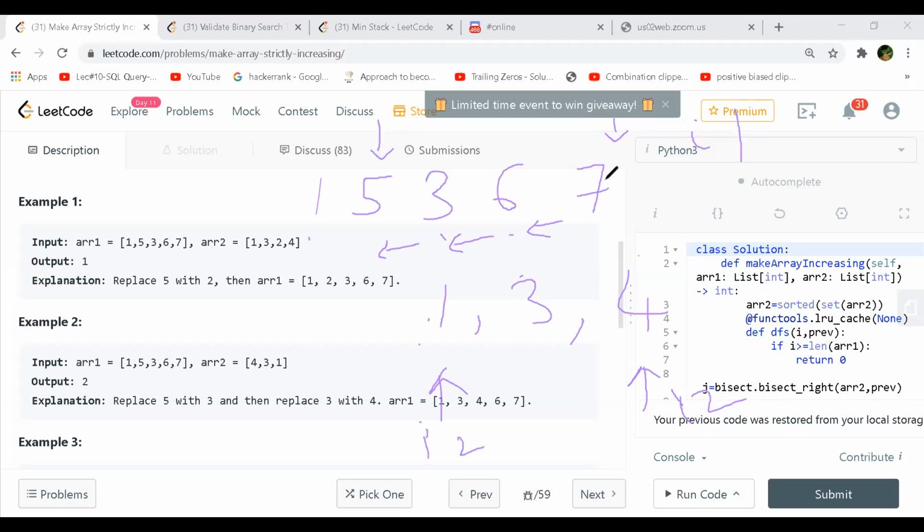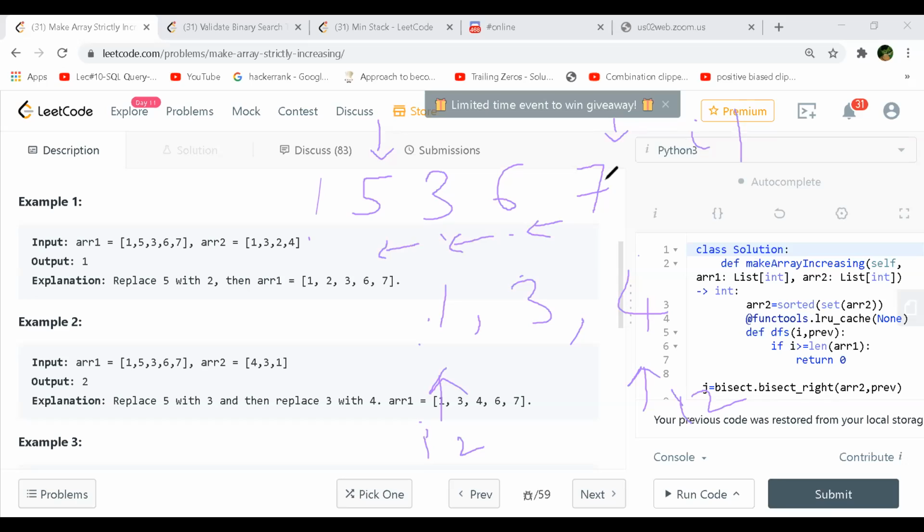Since 1 and 5 is already strictly increasing, we can skip changing the index at which 5 is there. But again, we can have a possibility that 5 can be changed to the minimum value which is greater than the previous one in the next array.